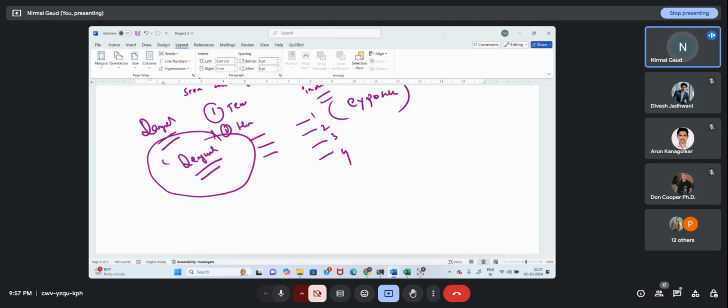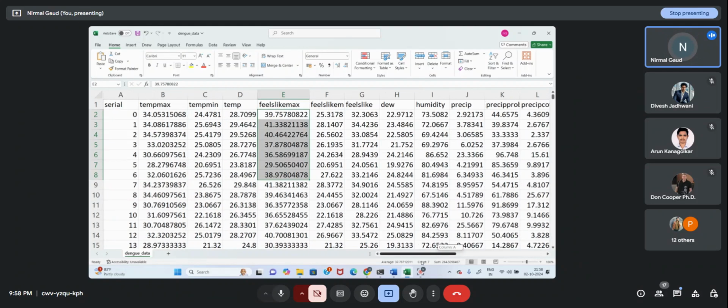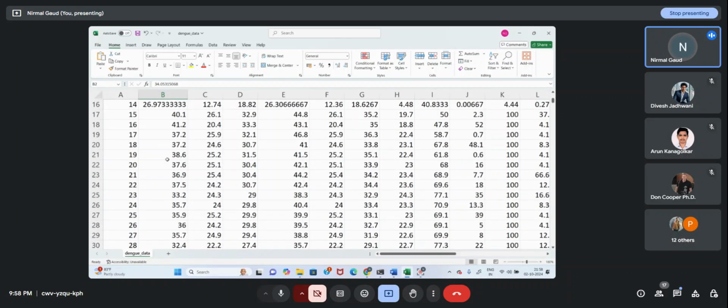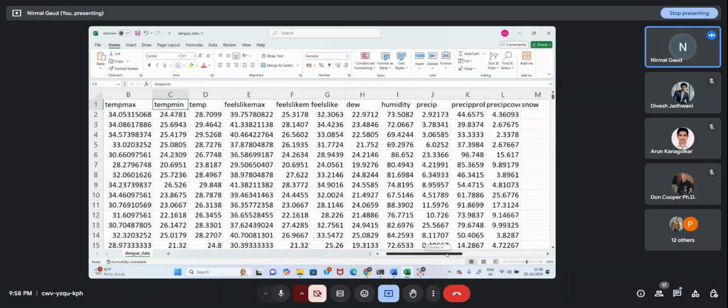So apart from the data science project, we got to know some more things related to this particular disease. As I shared, this is our data set. All the factors which I have mentioned are available in this data set. You can see my data is much more numerical in nature. That's what keeps us interested. And we have more continuous features, that is more interesting. Having continuous features in our data is something good for analysis. So all this temperature, minimum, max, and everything are continuous in nature.